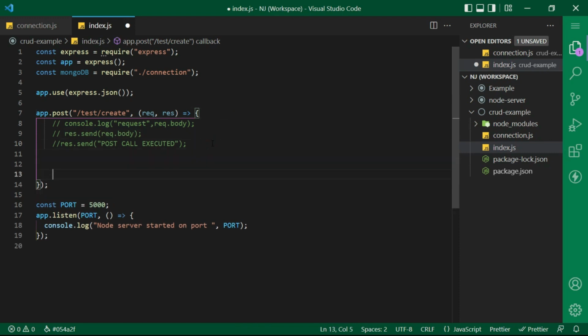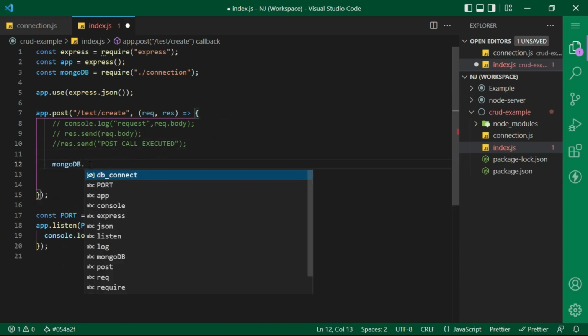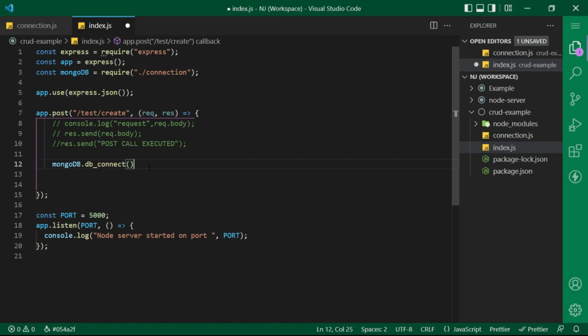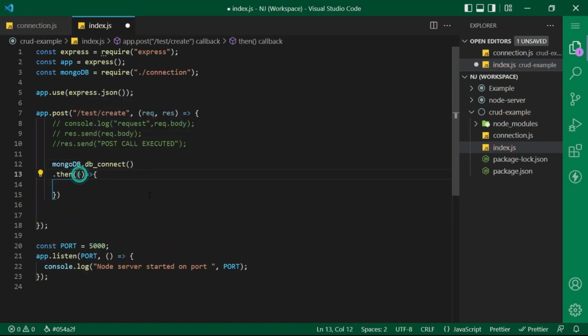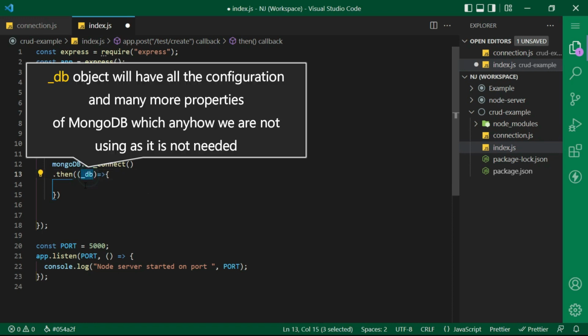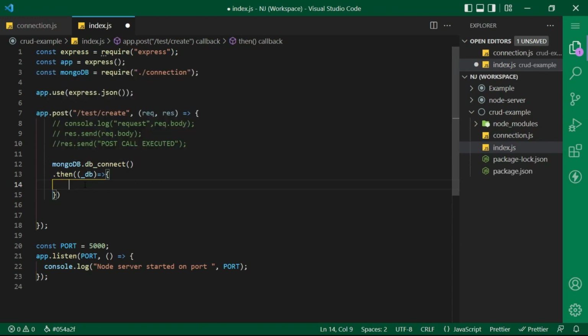Perfect. Now I will say MongoDB.db_connect.then arrow function. Let me give the response variable as _db. This _db object will have all the configuration and many more properties of MongoDB, which anyhow we are not using as it is not needed. What we need is just the db method from this bunch of object properties. So we have now _db